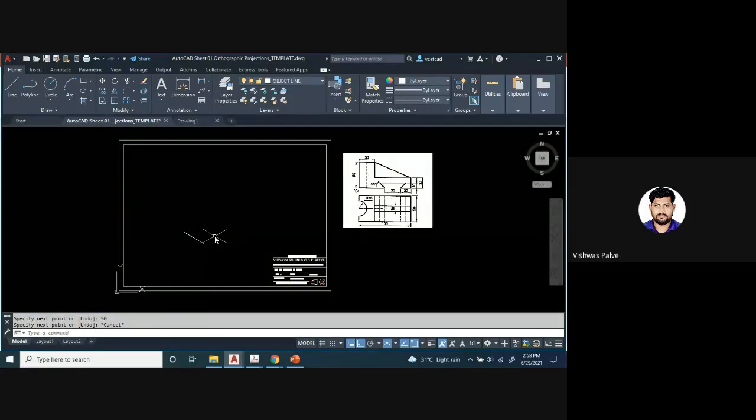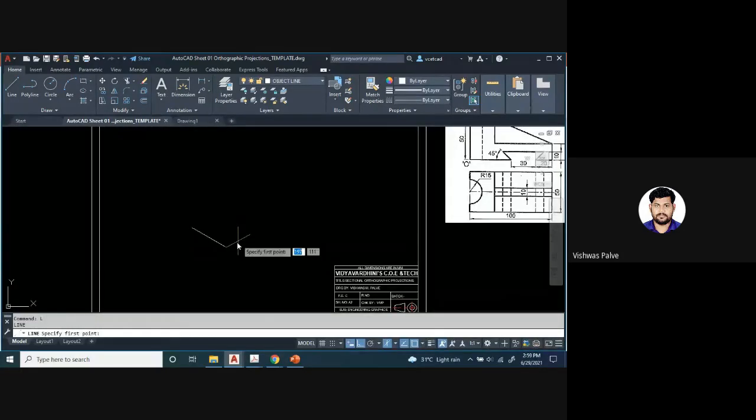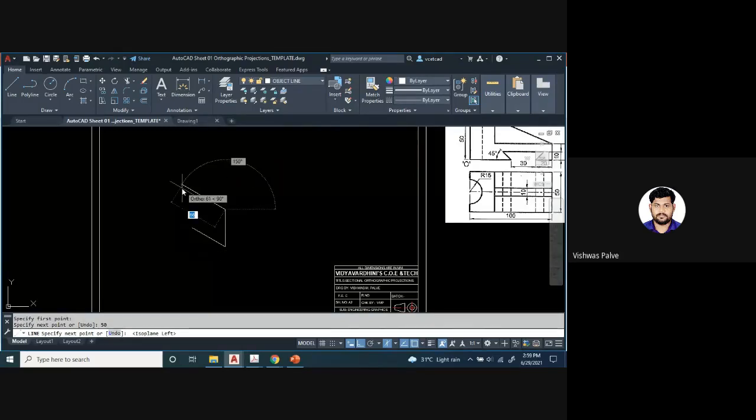Then if I want to draw a vertical line, then what you have to do? Yes, anyone? If I want to draw a vertical line from this origin. Sir, F5. F5. Because in isometric, we have to just change the plane. That's it. Okay. Actually, it's 50 or 60. 1 second. Yes, 50 millimeter. So L enter. From this, I will draw a vertical line of 50 millimeter. Then suppose I again want to draw a horizontal line of 50 millimeter. Then again F5, shift the plane, 50 millimeter, vertical 50 millimeter. Okay, so I have drawn a left plane.